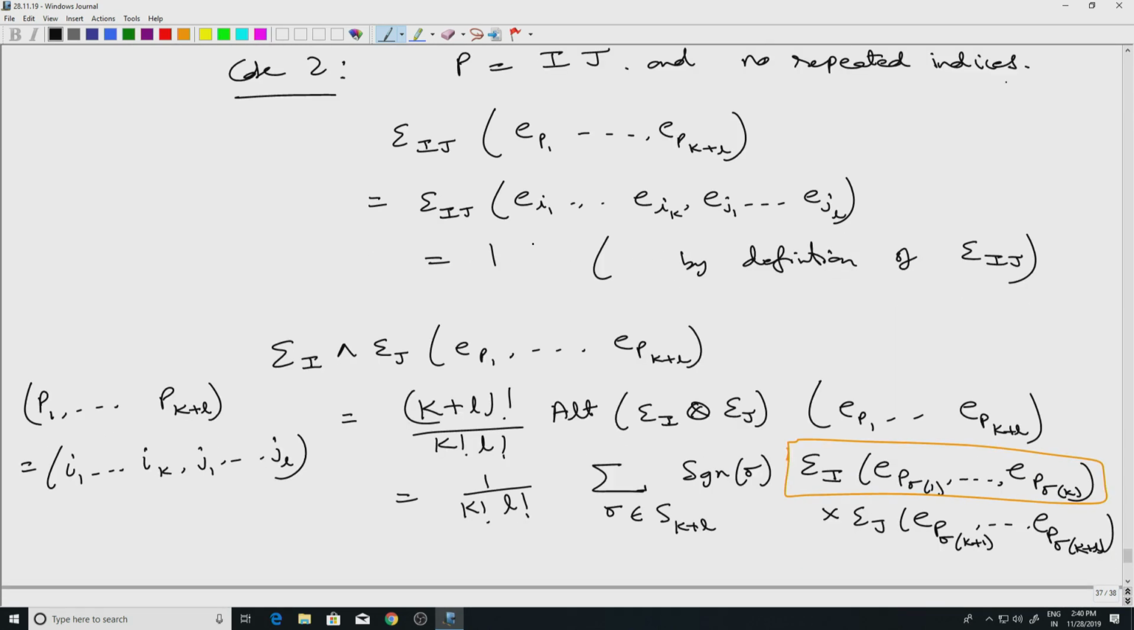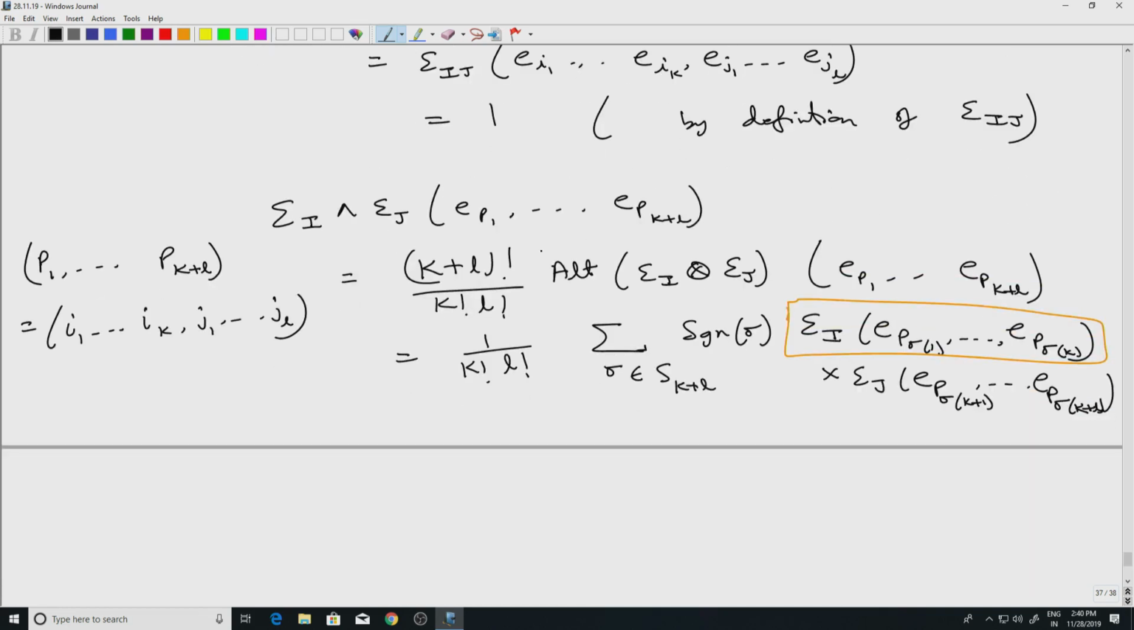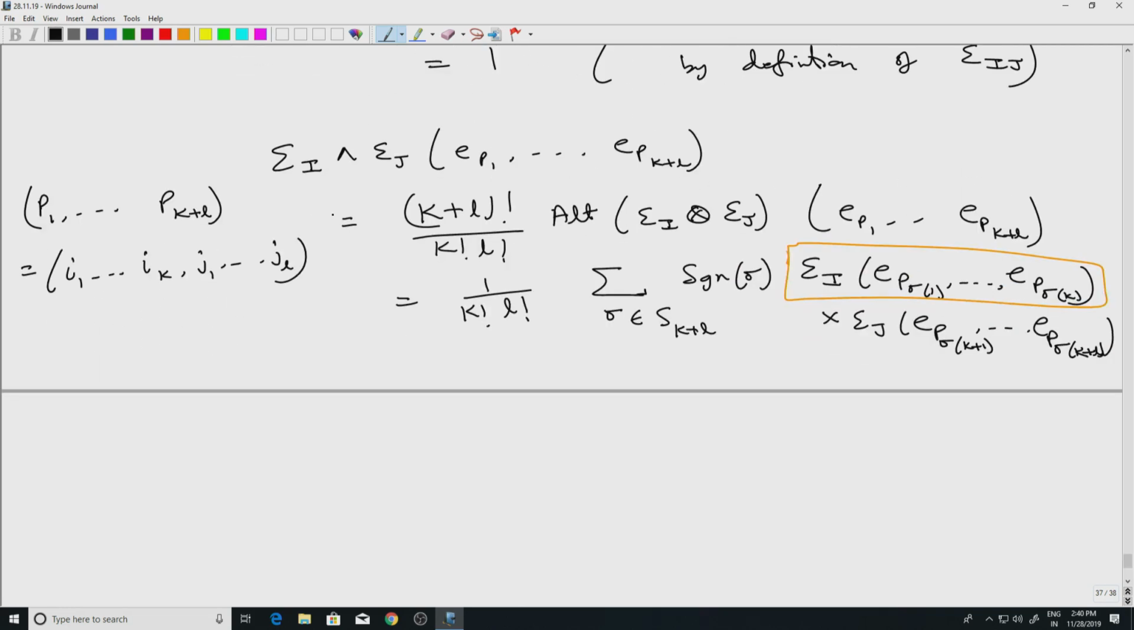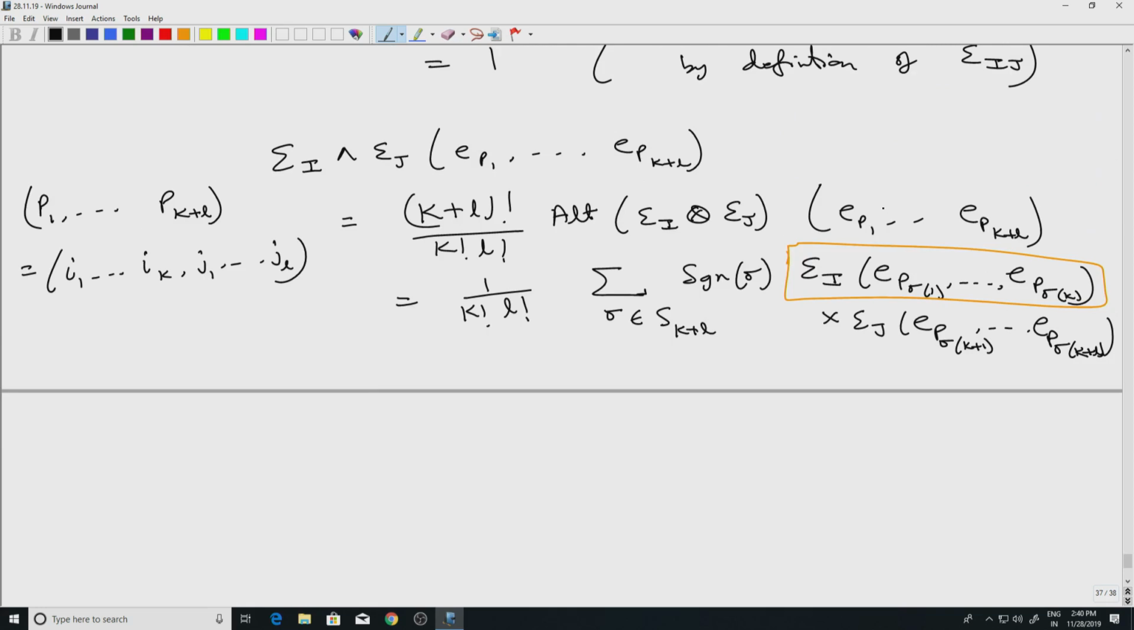And then one just evaluates both sides. So epsilon IJ: when I evaluate it on P, I get 1 by definition of epsilon IJ. Now the left hand side, we have to go to the definition of the wedge product and then expand it out like this. This was where we had stopped last time. Well, let's look at these terms in the sum. The only way a term can be non-zero is that